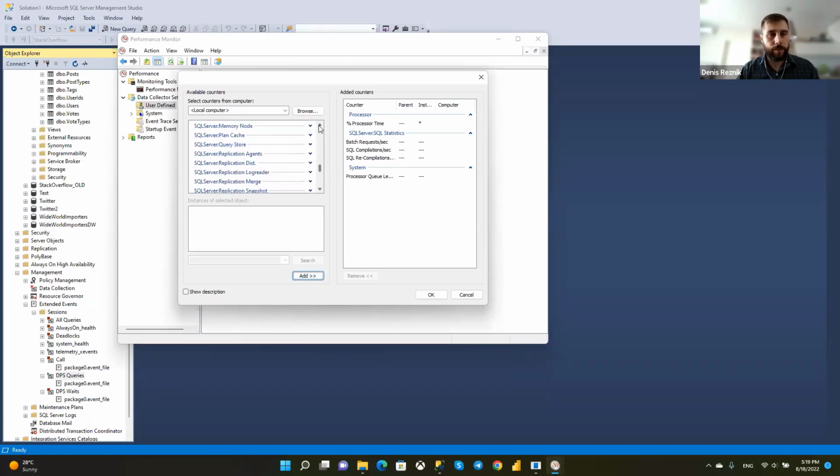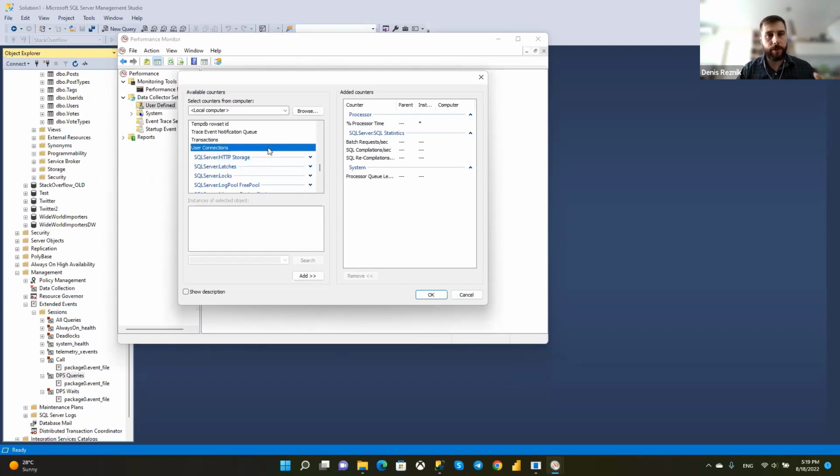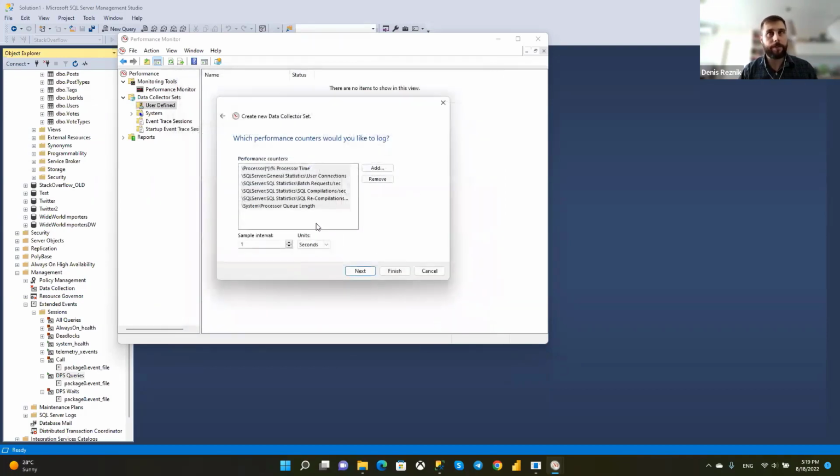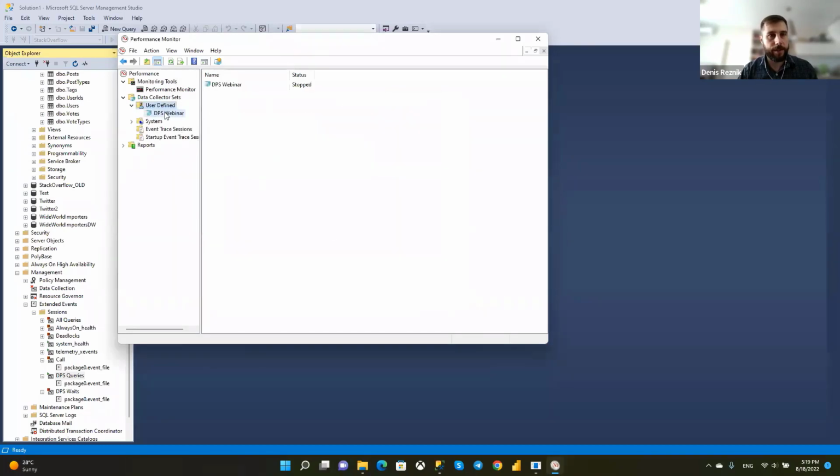And also, to track the correlation between the load and the number of users, we need to add user connections here. So that's a very minimal performance counter set, and let's run it.